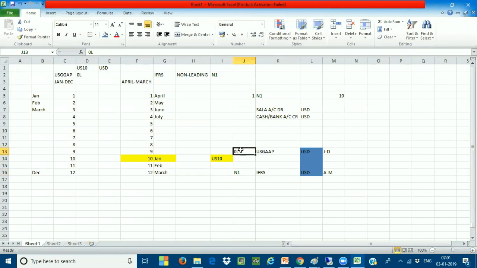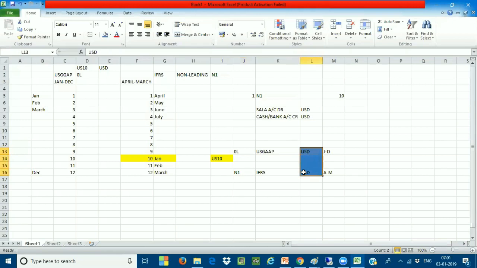Very, very important concept this is. There should be one leading ledger, and you can have multiple non-leading ledgers, depending upon your requirement for the company posting of the transaction. The deviation is only from the fiscal year level between the leading ledger and the non-leading ledgers. But the currency settings are defaulted from the leading ledger to the non-leading ledgers.